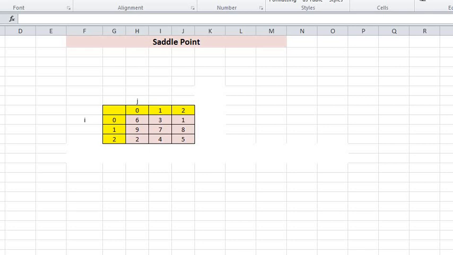See, first of all we should know what is a saddle point. An element present in the matrix, as given here, there are so many elements. If we can see, we have overall 9 elements present in our matrix. So any element is called the saddle point which is the smallest in its row and the largest in its column. For example,